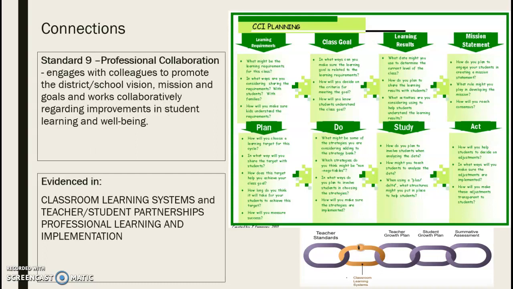The last goal is professional collaboration, and this is where we're engaging with others to promote not only the mission and vision and goals of the district and the school, but also, and most importantly, to improve student learning. Again, the whole concept of classroom learning systems